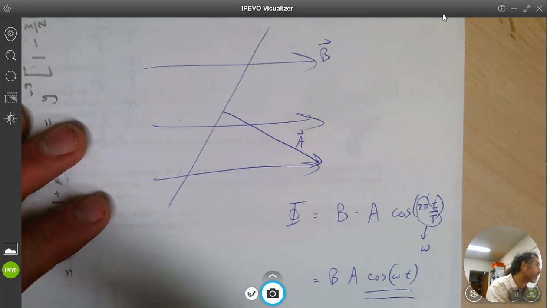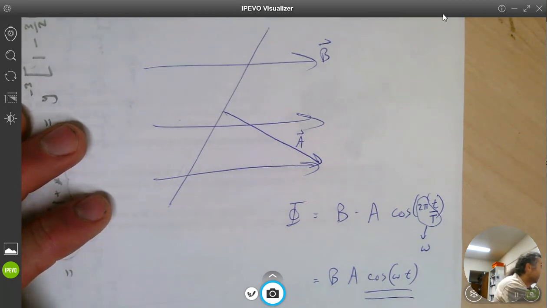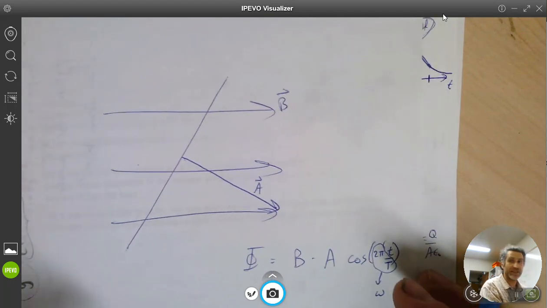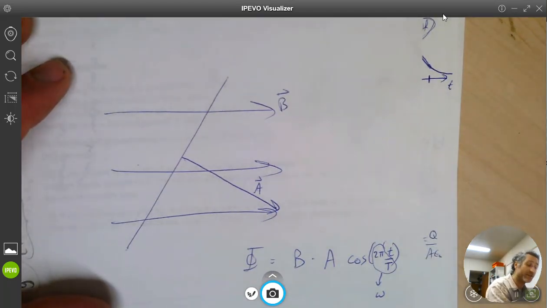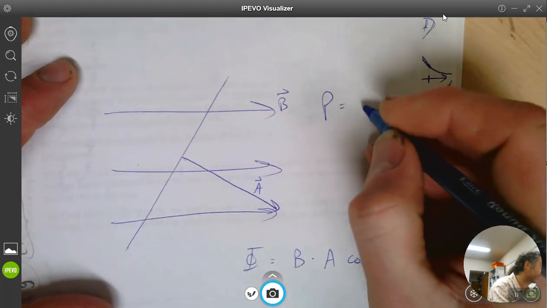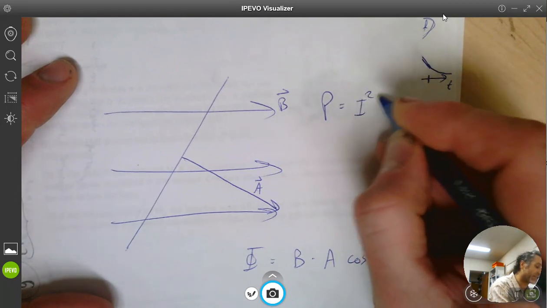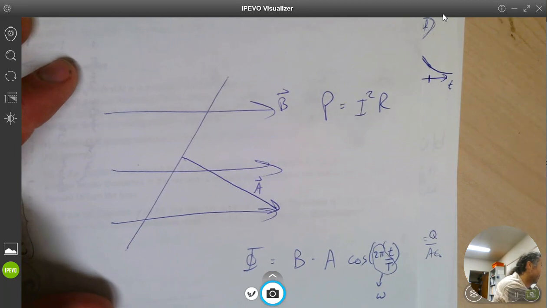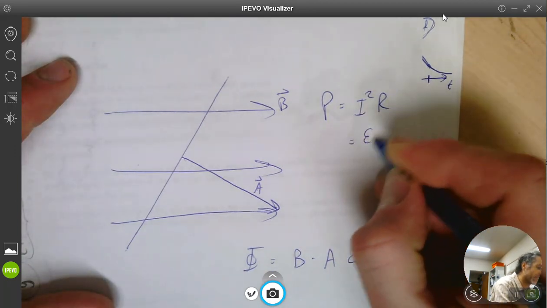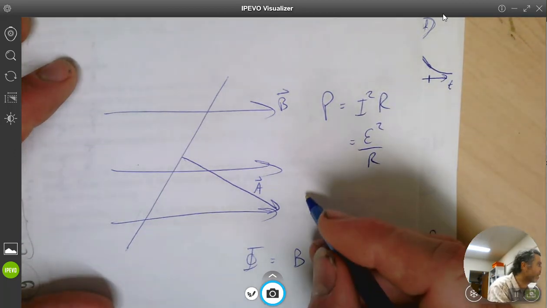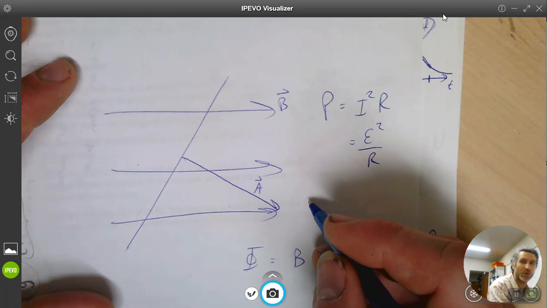And you're asked to also make a connection with the amount of electrical power, which you could call I squared R. That's the amount of power that would be dissipated. Or we could also say it is E squared over R, where E is the EMF. Or we can think about looking at it from a torque point of view.